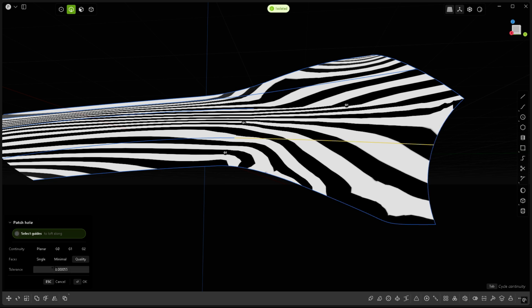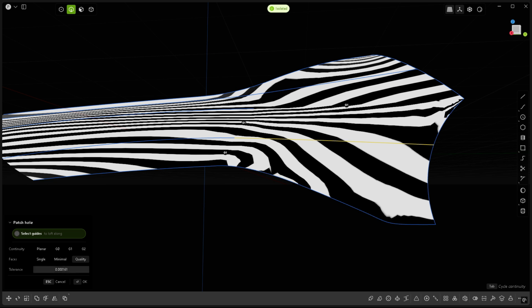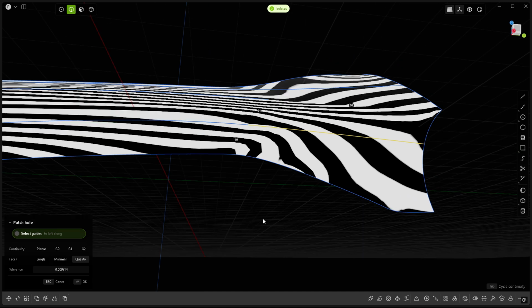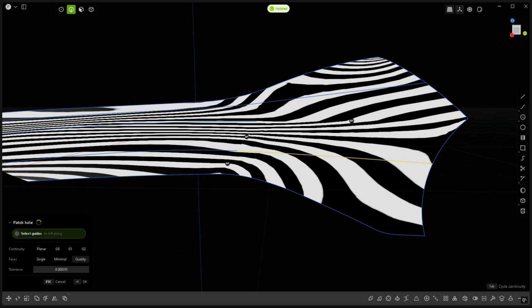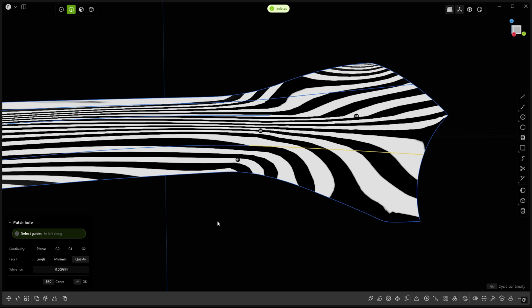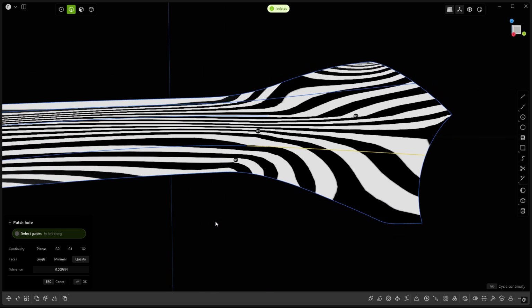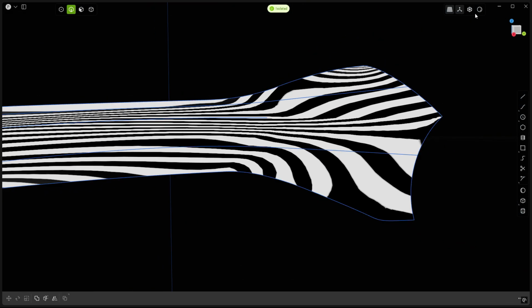Boom. So now let's play around with this, guys. Here, tolerance, and yeah, I think we can leave it as it is. Okay, so it's not a G2 surface, but it's perfectly acceptable, guys. And now right click to confirm. Make sure you have G1, G1, G1 here. Right click to confirm, and right click on the sphere here, and let's